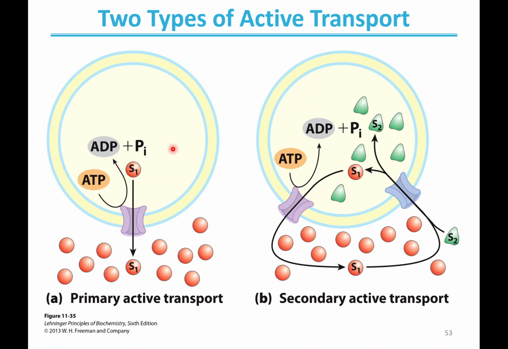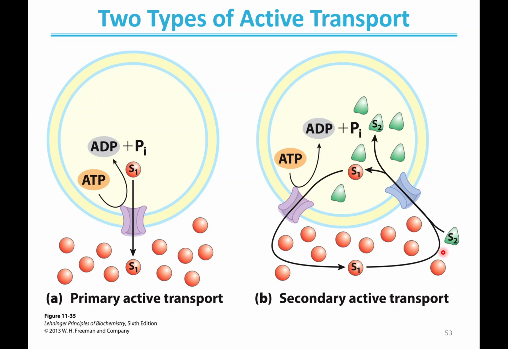Right, if we look specifically now at active transport, remember there are two types. We have primary active transport, and that's where we're moving one thing in one direction, and it's using ATP to do that. So in this case, S1 is lower concentration inside the cell, higher outside, but we're continuing to move it to the outside against its gradient by hydrolyzing ATP as our energy source. Secondary active transport is when you use